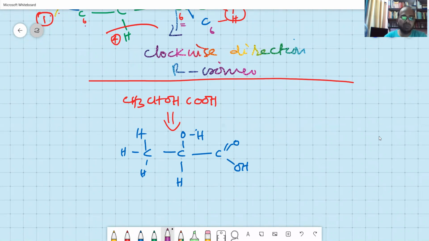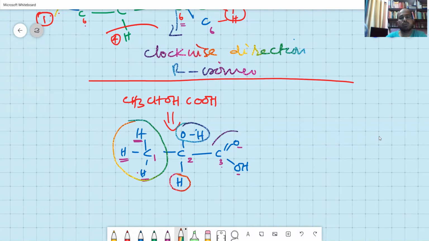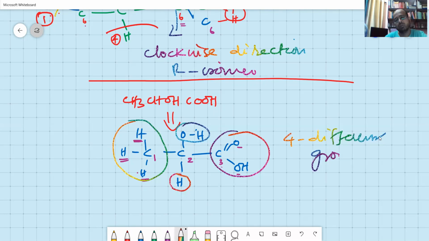Okay. In this expanded form, you look for the number of carbon atoms. This is carbon atom 1, this is carbon atom 2, this is carbon atom 3. The next thing is you find out which is asymmetric. This is not asymmetric because all the 3 hydrogen atoms are same. This one is oxygen, another is oxygen, and only 3 bonds are there. So this is also not asymmetric. But this one is having one group like this, second group like this, third group like this, and fourth group like this. So 4 different groups are there.